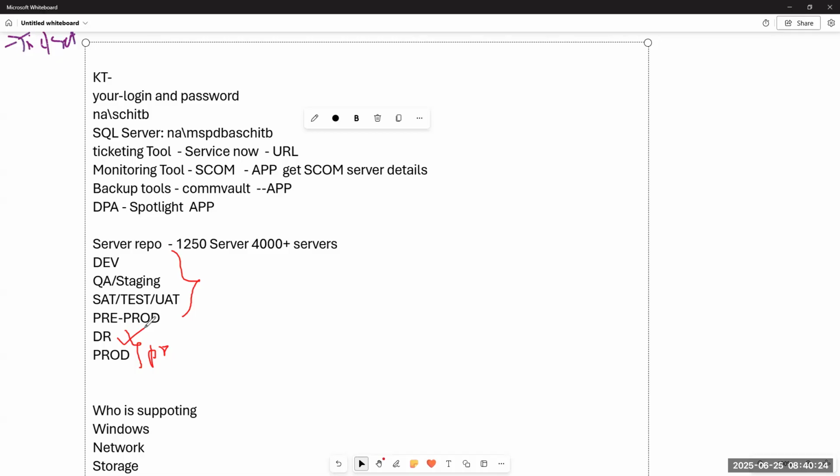If something happens to the data center, I have one more copy in another region. It is not pre-prod or non-prod. Don't treat DR as non-prod. It's absolutely wrong. DR is also a production server, because it is a copy of production placed in a different region.